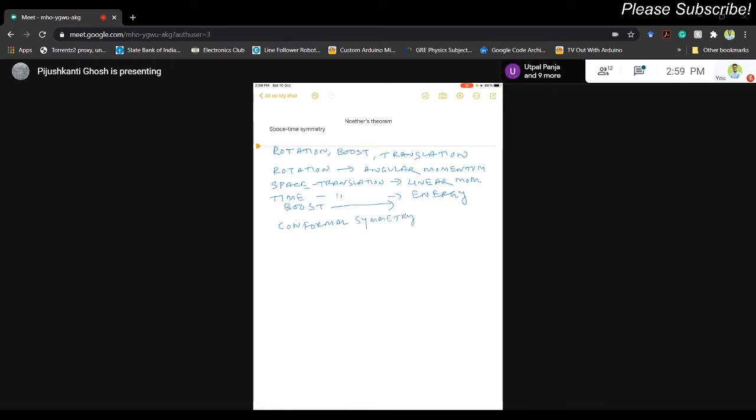Conformal symmetry means the angle between two lines is preserved. Whatever transformation you take, the angle between the two lines is preserved. And there is a conformal group there. If you scale some coordinate by a positive amount, say alpha squared, that is also there, and goes by the name dilatations. You are dilating the system.